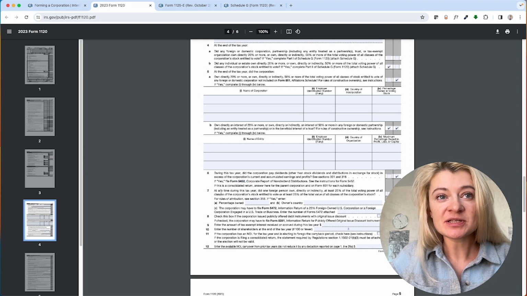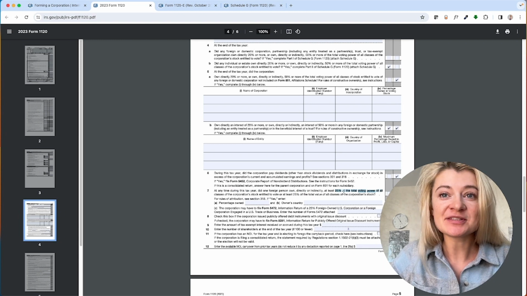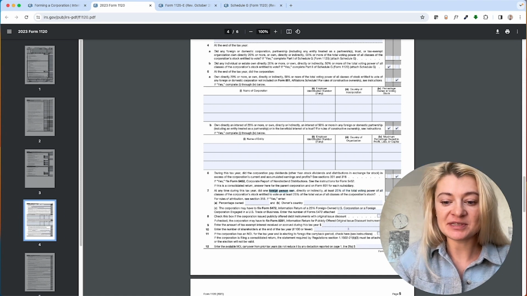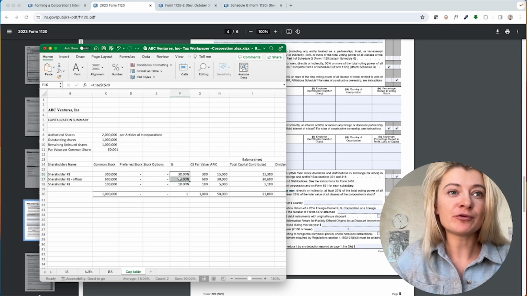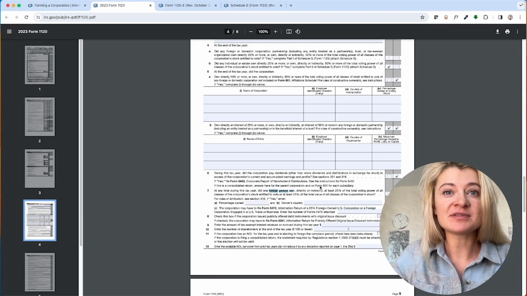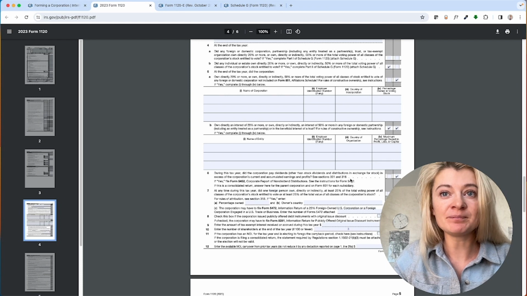form. Question 7 is very important because it asks if any of the 20% people who own voting power in the corporation are foreign, right? A foreign person owns any 25%. So basically, we need to check if any of those people who own more than 25% are foreign. If yes, we need to fill out this form